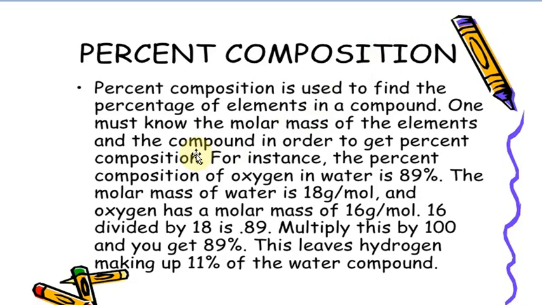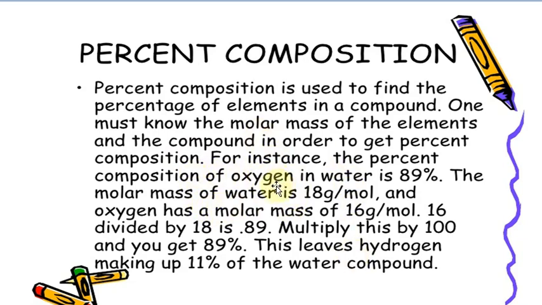Even for known compounds, this information provides a check whether the given sample is pure or not, and whether it contains the same percentage of element as is present in a pure sample. So in other words, one can check the purity of a given sample by analyzing this data. Now we will understand this percentage composition with the help of two examples, the percentage of different elements of water and the percentage of different elements of ethanol. Both these examples are given in your NCERT book.